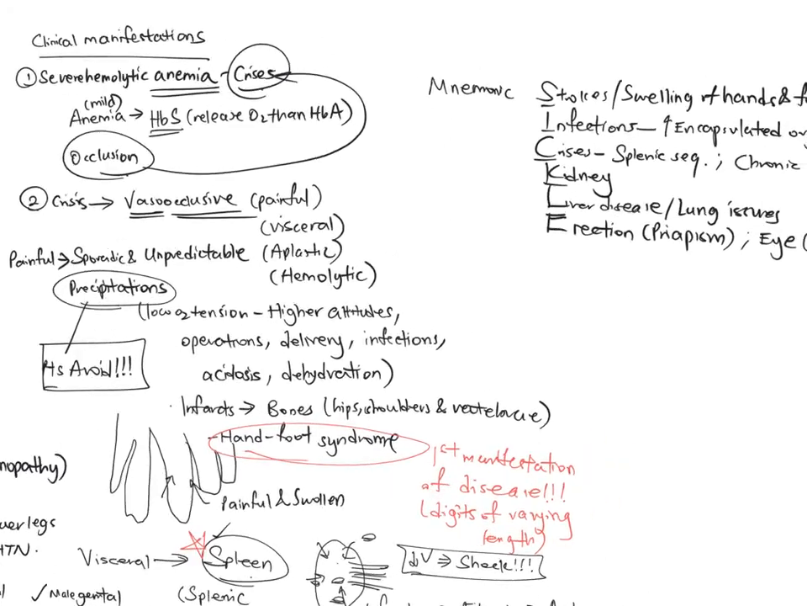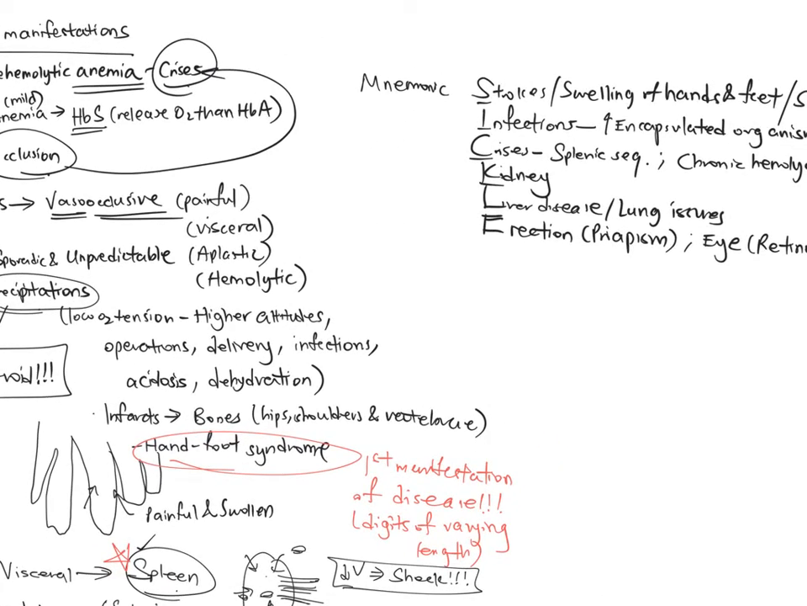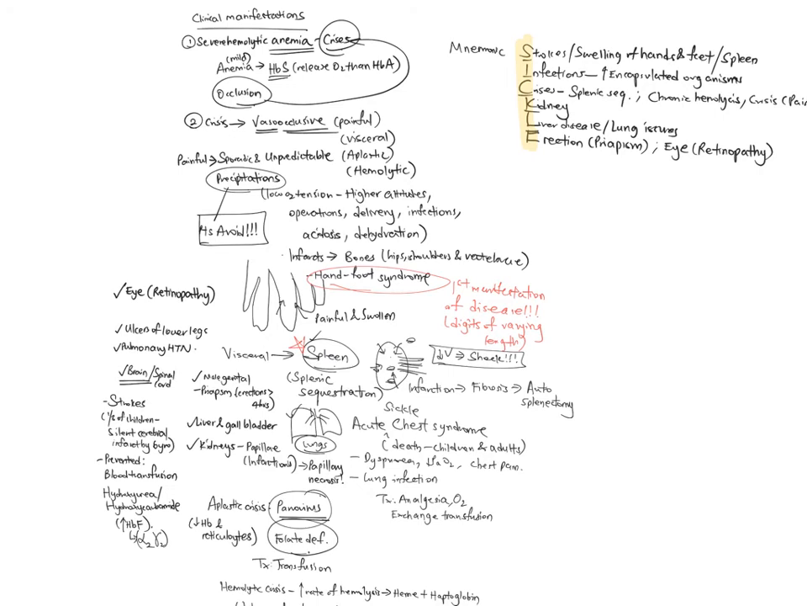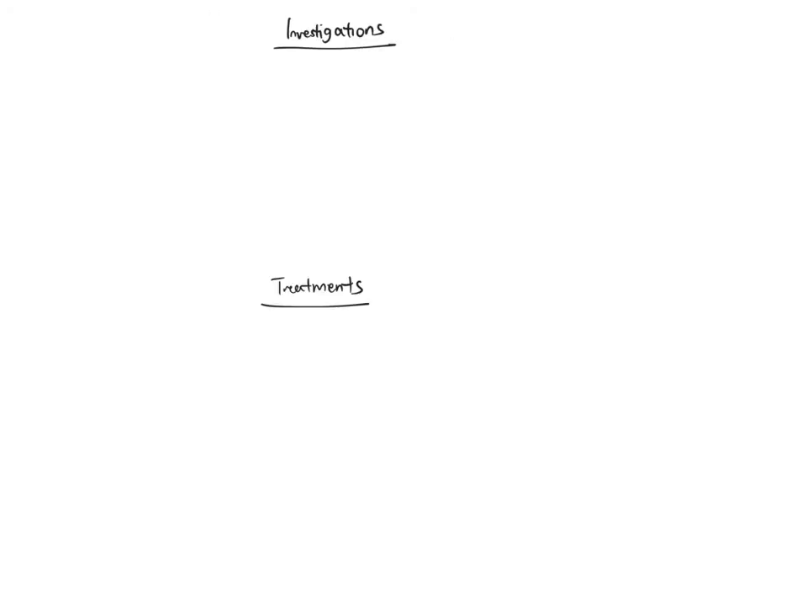Yep. So this mnemonic SICKLE is one to really bear in mind, and it reminds you of the types of crises that could happen for sickle cell anemia patients. So we want to talk about the investigations. So in terms of investigations,